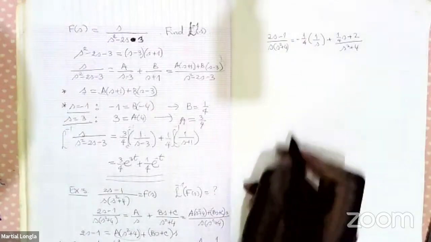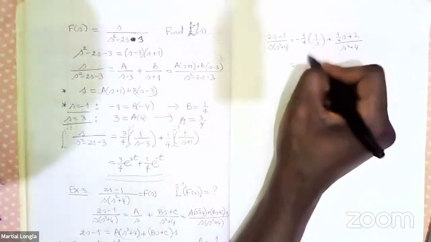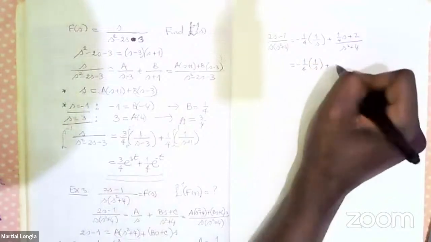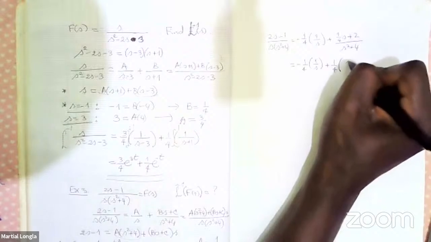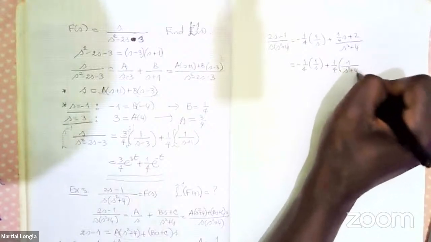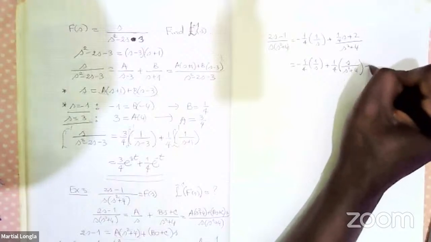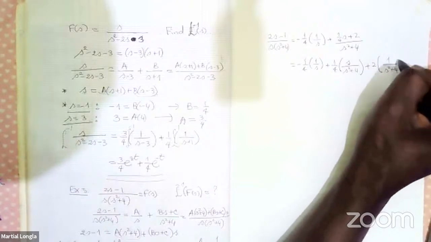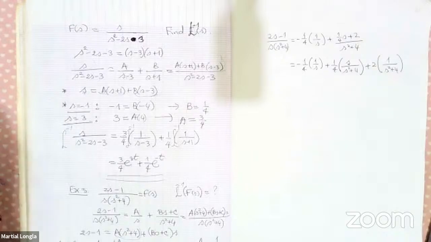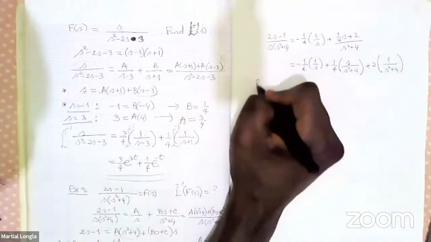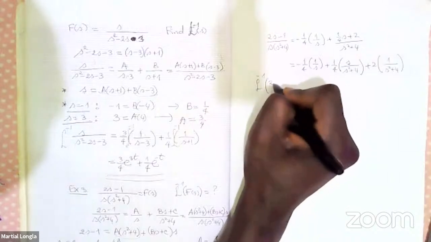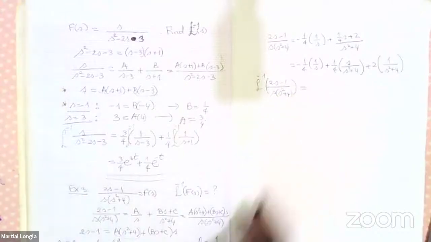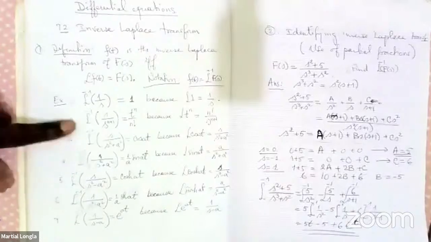And right there, what you're going to do is do what we just did in the other problem. Split things to obtain what you need. Plus 1/4, I split s over s squared plus 4, and plus 2, and 1 over s squared plus 4. So I split them, and now I can put inverse Laplace transform on them. Inverse Laplace transform of (2s minus 1) over s times (s squared plus 4). According to this wonderful page,